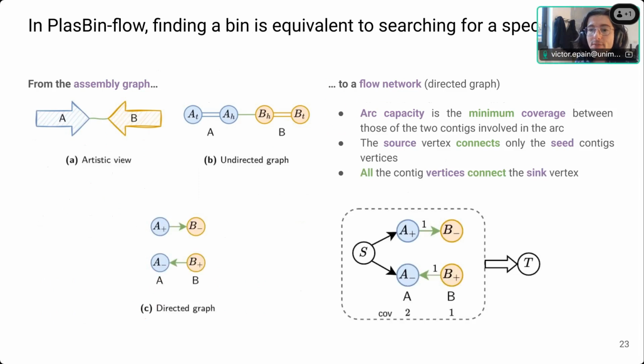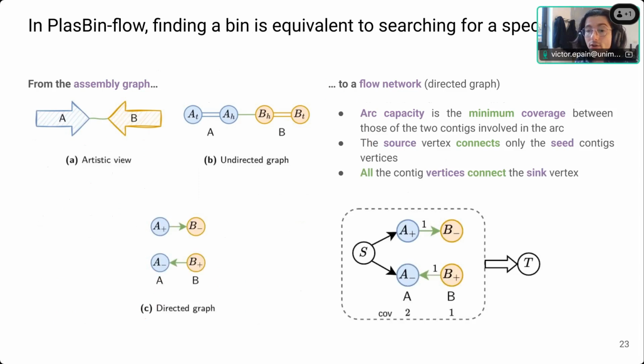Okay, so plasmid flow is an iterative approach based on a flow problem. I don't know if I have to describe what a flow problem is, but let's say a flow problem is based on a network. As an example, you can imagine the water network under a city.